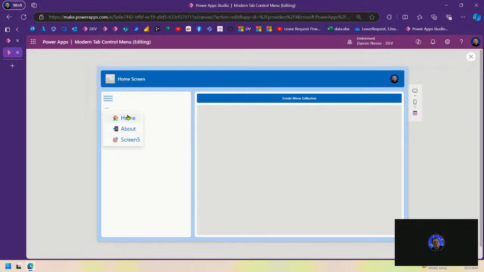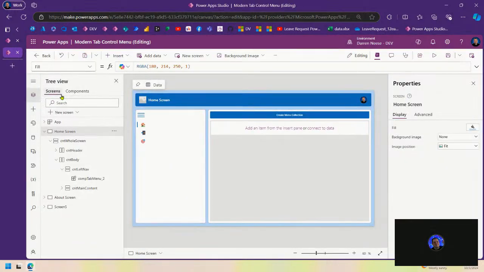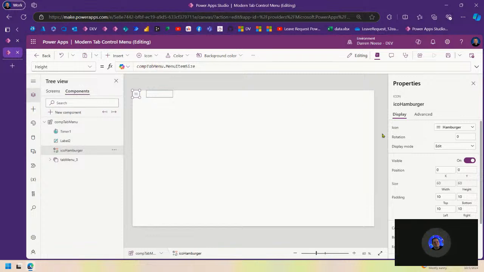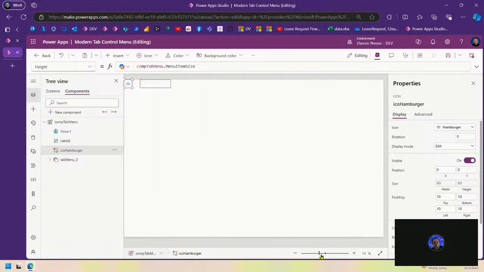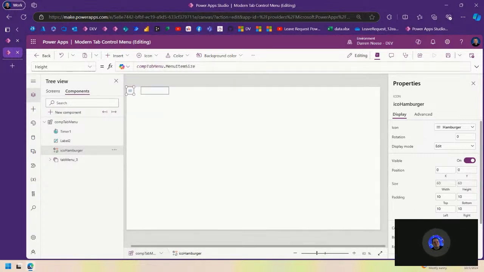Okay. Now that hamburger is a little larger than what I wanted when it's on the screen. So what I'm going to do